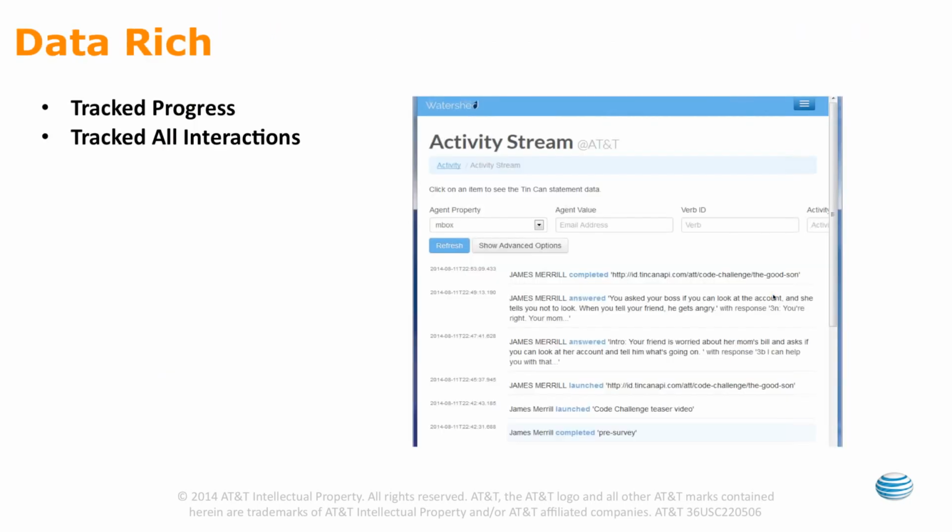So I want to talk a little bit about data rich, which was one of the other key elements that we wanted to attain. Most of you likely know the promise of Tin Can is the ability to gather all sorts of rich data, but we really wanted to test that ability and track every interaction a learner took. And even though we had identified the specific data that we wanted to collect, we went above and beyond that